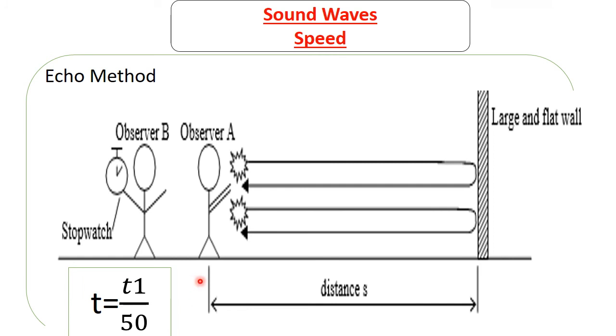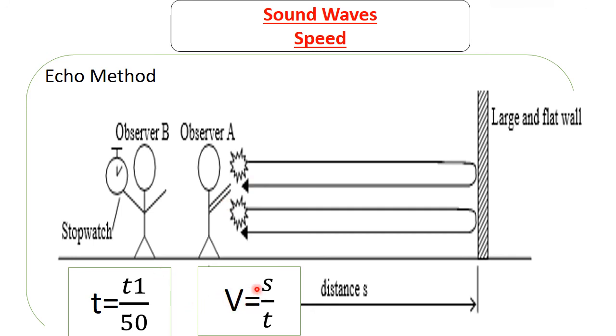Now to calculate the speed of sound, we're going to use this formula. It's the same formula, but the distance is going to be twice the one we measured. Why so? Because when a clap has been generated here, the sound goes, covering the distance S, then it goes back, covering the distance S again. So the total distance is 2S: one when going, the other when coming back. Therefore, the formula is going to be